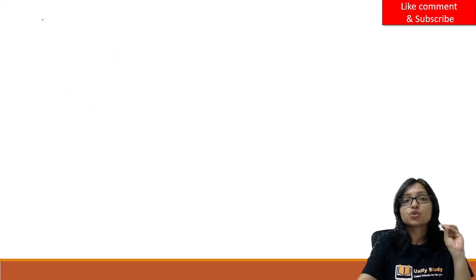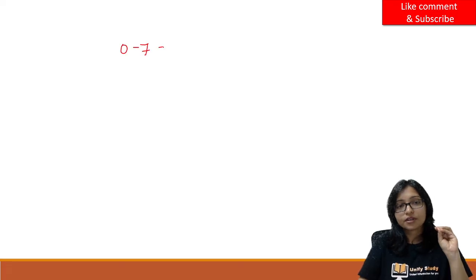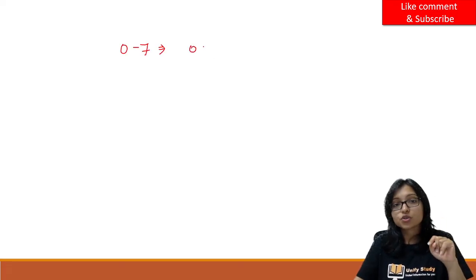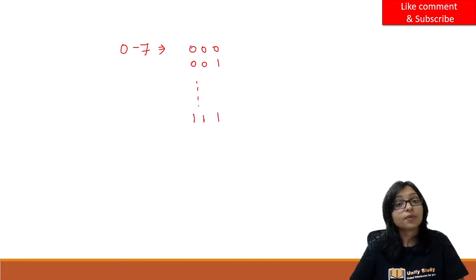If I tell you that you have to represent 0 to 7, it is binary, right? So 0, 0, 0, then 0, 0, 1, till 7 which means 1, 1, 1. So to represent 7, how many bits are required? 3. If I ask you to represent 0 to 15,